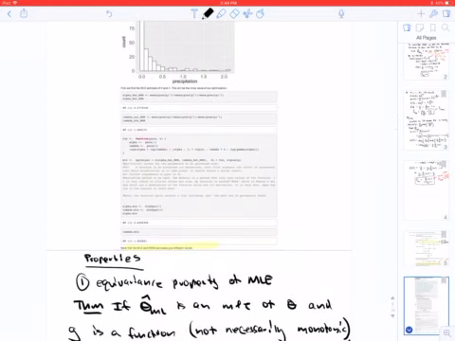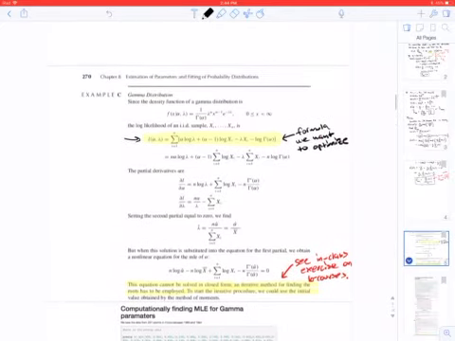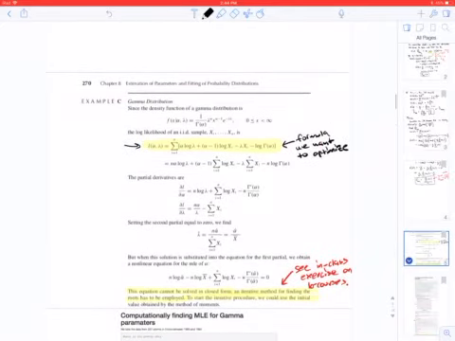So that's our initial point. And then this function right here is this one up here. It's actually the negative of it,